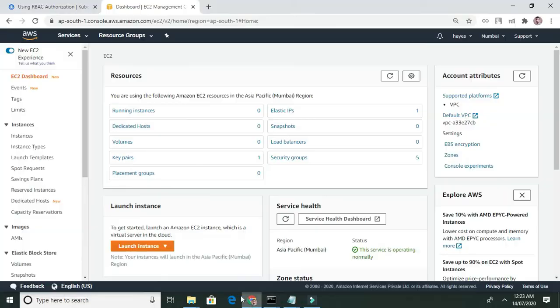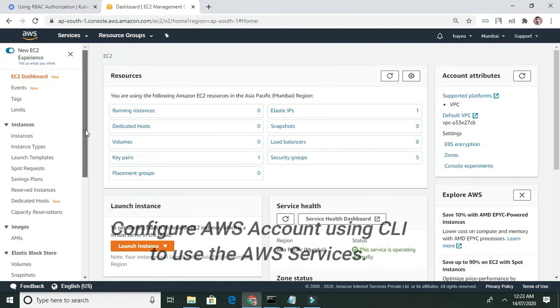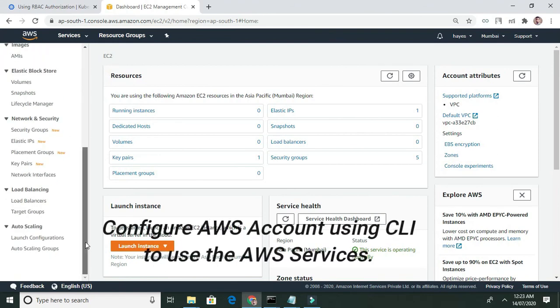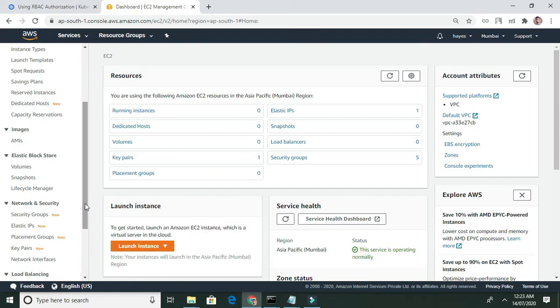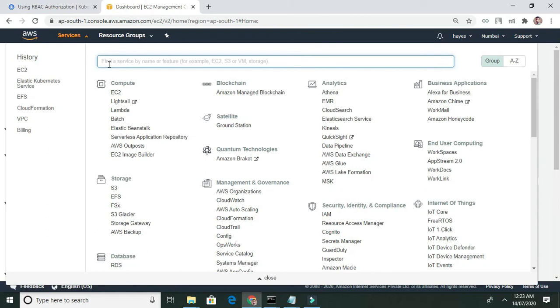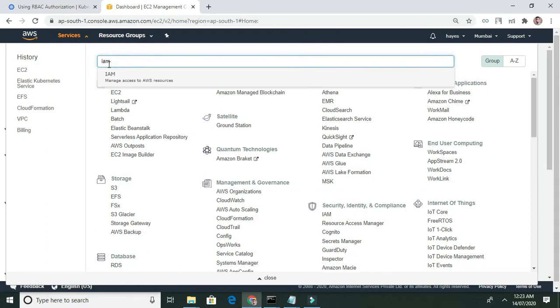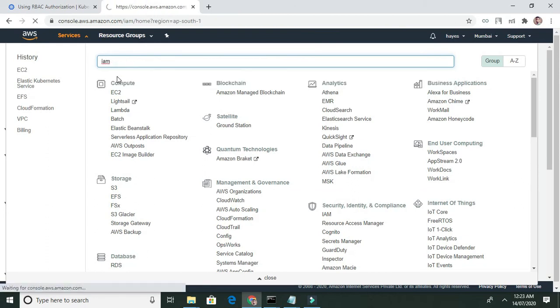Hello guys, so now we are going to configure our AWS account. I have created one user account in IAM and I have given all power to it. It's admin. So while creating the user access for this account,